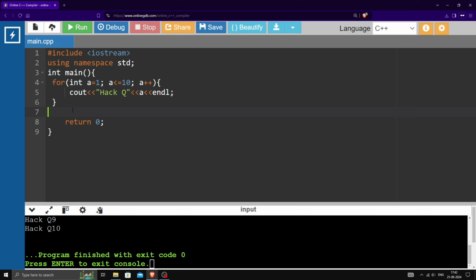Suppose if you don't know the for loop, then every time you have to use cout to print that message. For loop makes our work easier, and there are two more types of loops, so we are going to cover them